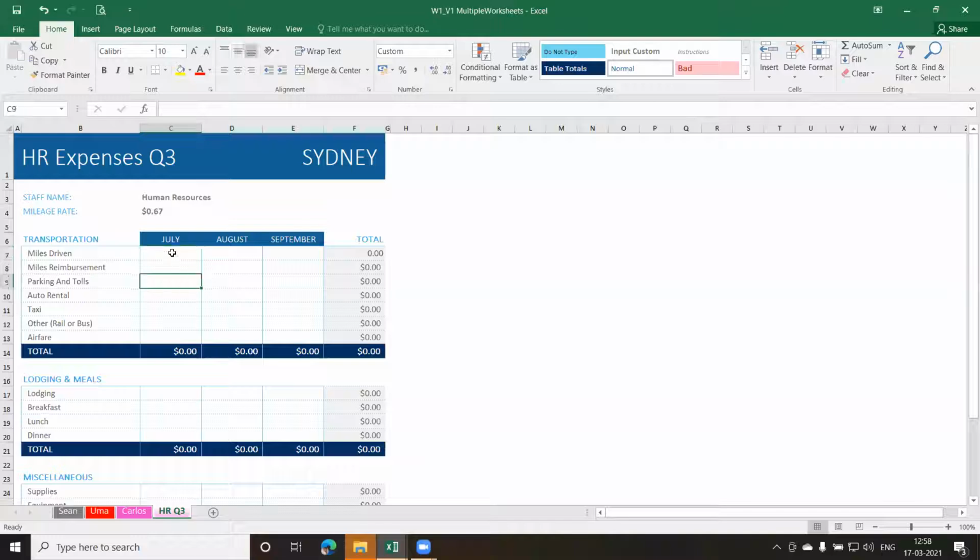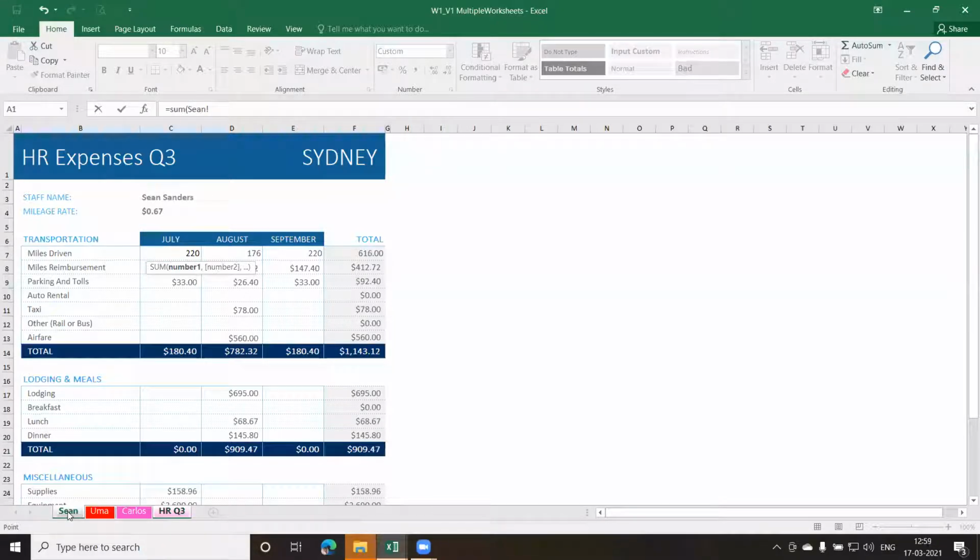Now what I'm going to do is make use of the equal to sign, equal to sum, and give the round bracket. I go to the first sheet here and select the first number. Then I press the shift key, or you can put the colon as well. Sorry, not the control key, the shift key. And I go to the last sheet.